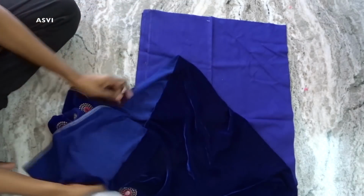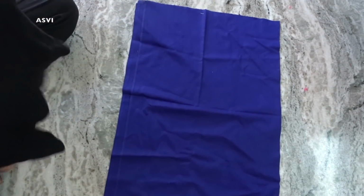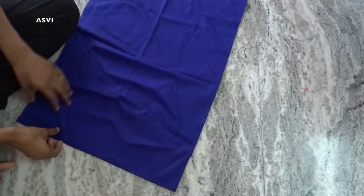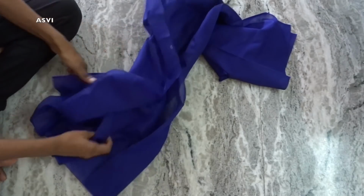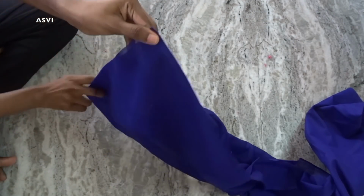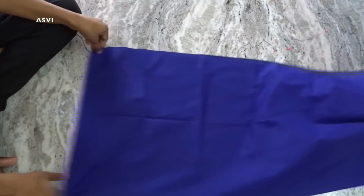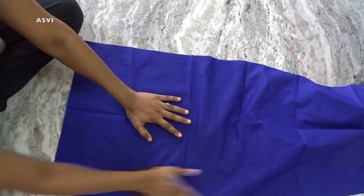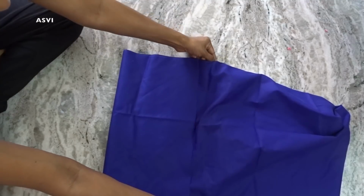And now we need a top which would fit us perfectly. Here I have taken a slip which does fit me perfectly. Since it is stretchable material, I'm going to make slight measurement differences, but we can work with it. Now we need to fold this lining fabric, because we are going to work with lining fabric first. So first I'm going to fold it in half, and then fold it in the opposite direction. Please have a look at the way I'm folding it, because we do not want to mess it up. And in this way, the best part is that in one go we get two parts,